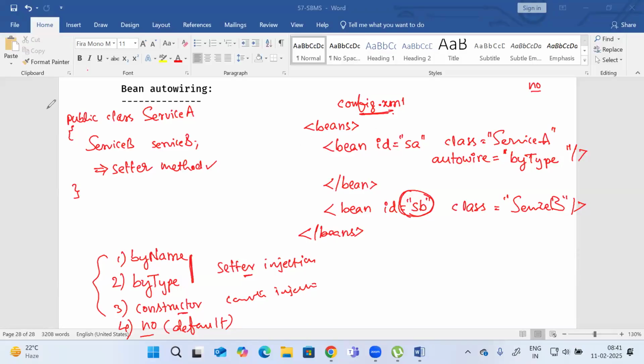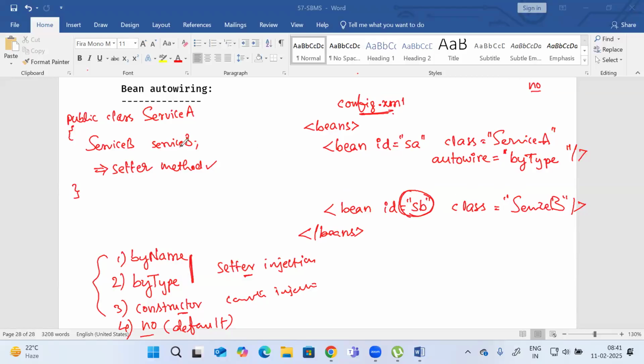If I write byType as the autowiring strategy, everybody needs to understand this case. I'm writing slash close, which means this bean tag is closed, no? Autowire equal to byType. If I write autowire equal to byType, now the container is going to search for